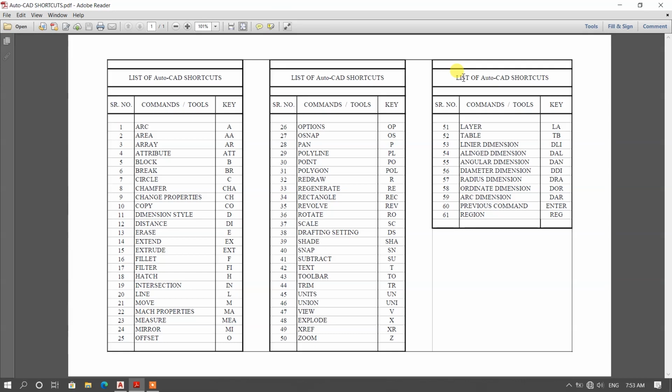You can click a photo of this PDF or capture a screenshot, or you can download this PDF by the link provided in the description box. But remember one thing, learn and remember these shortcuts as we have to use them for our future drawings. That's it for today.